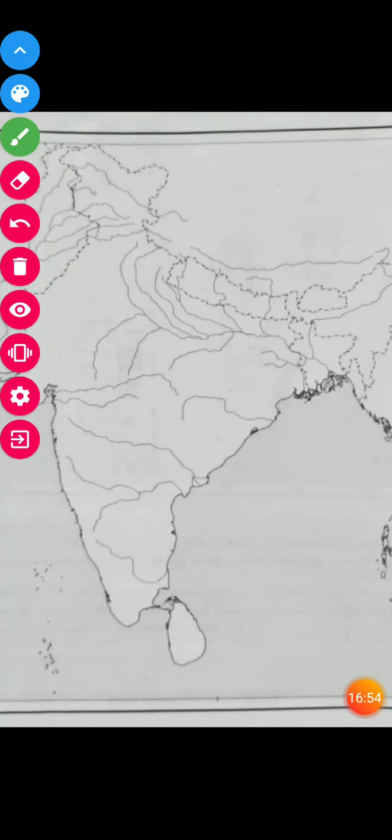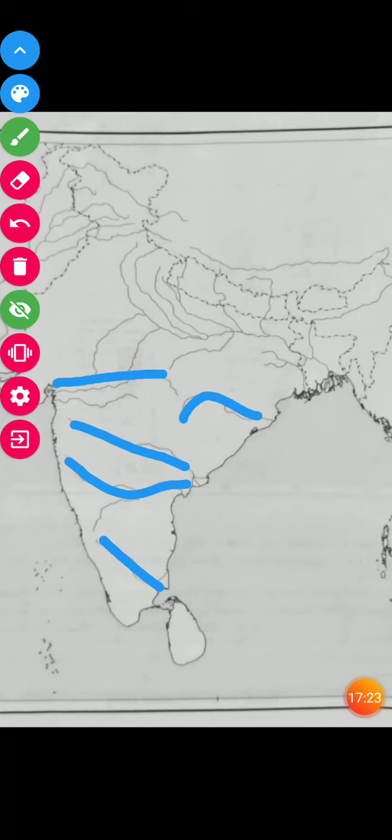So all the 24 rivers in abbreviated form I am going to repeat for you. It will take a very short time. Starting with sections A, B, C and D, they were KKGMNT, IJCRBS, YGGGGK, CBS DBT, and the rivers are in such a way: Kaveri, Krishna, Godavari, Mahanadi, Narmada, Tapi, Indus, Jhelum, Chenab,